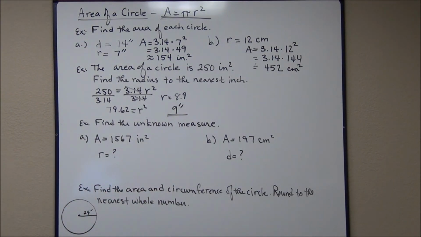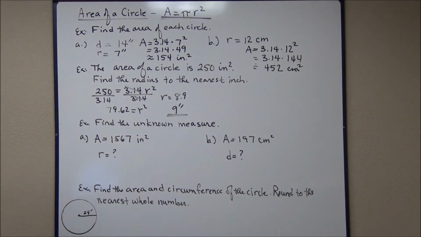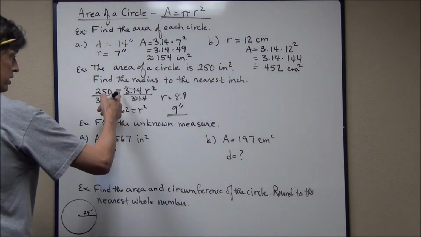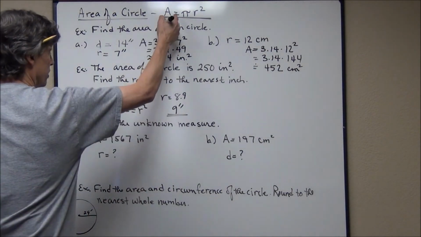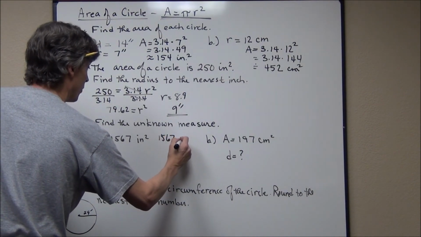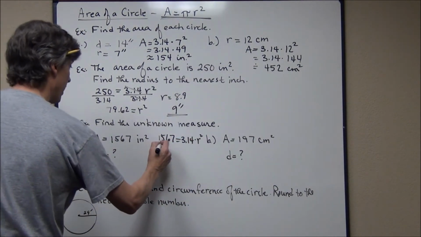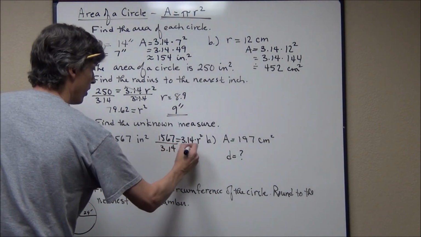Very similar on this next couple of examples. Here's the area, they're asking for the radius. Here's the area, they're asking for the diameter. Not a whole lot of different steps. So I'm going to do this one just like I did up here. I'm going to plug into this formula. 1,567 equals pi, or 3.14 times the radius squared. I'm going to divide both sides by 3.14,